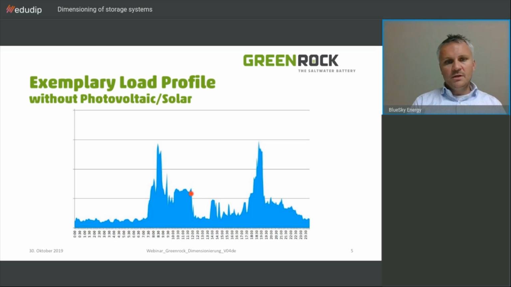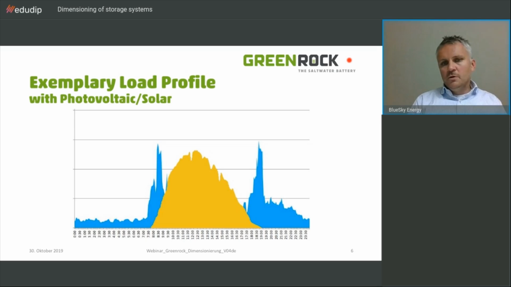People are going to leave the house. And then we see, in this case, a drop at noon, and then a big spike again around 6-ish. That will probably be the time when the people are coming back from work and going back home. So that would probably be a common profile, probably a working day profile. And as we all know, the problem we have now is that we have